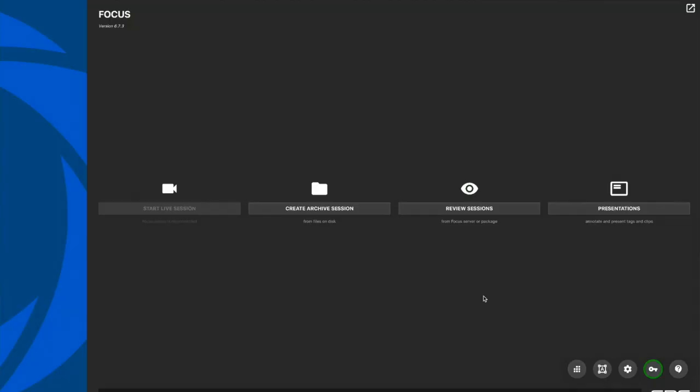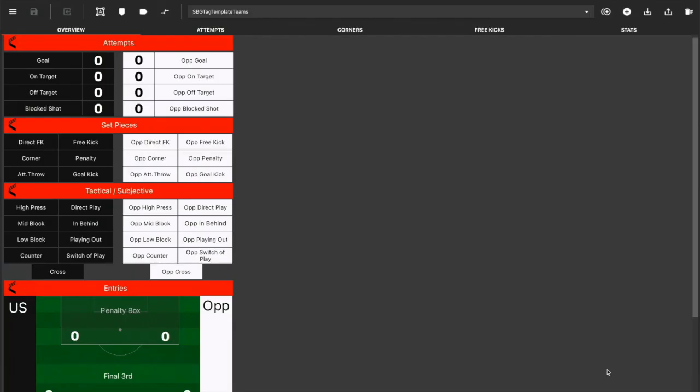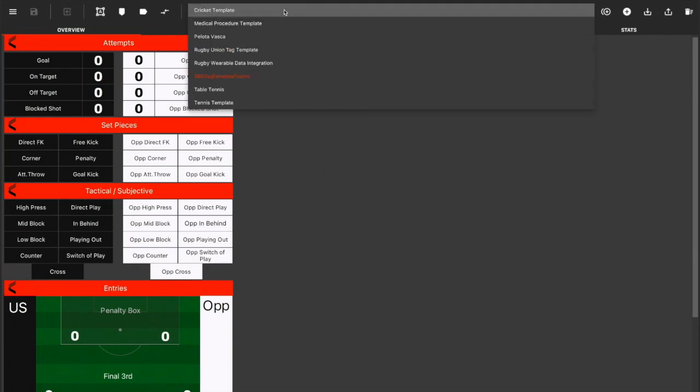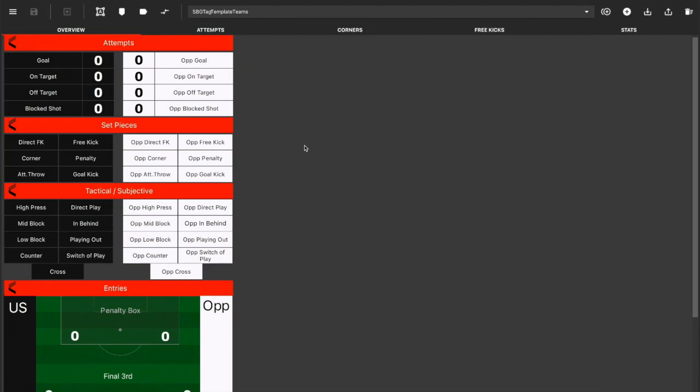From the Focus home screen, we're going to navigate down to the bottom right and select the Tag Templates button here. This will pop out your tagging template into a separate window, and it'll load up the last template that you selected from the drop-down. Now, as part of the software,